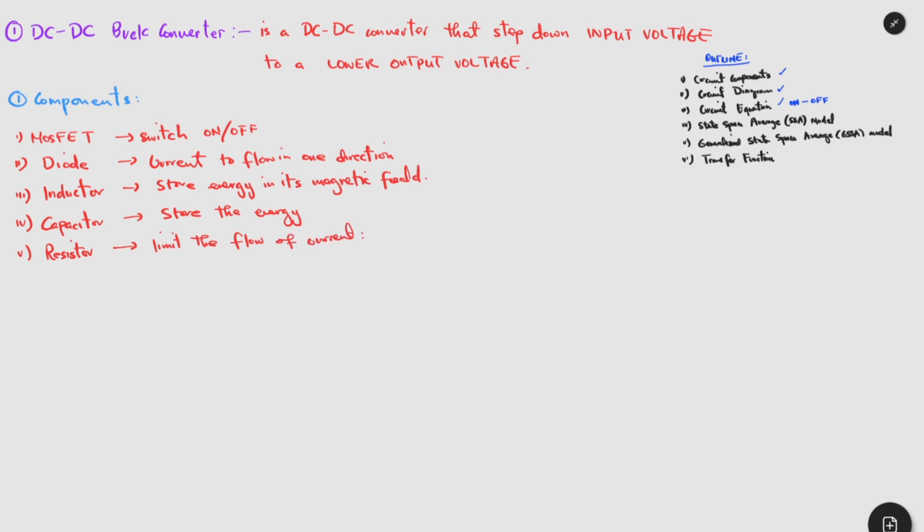So these are the components that we need, and we have described the function of each of these components. If you have all these components, it is now easy for you to build a DC to DC buck converter. So I will now draw a circuit diagram of a DC to DC buck converter. The circuit diagram is such that